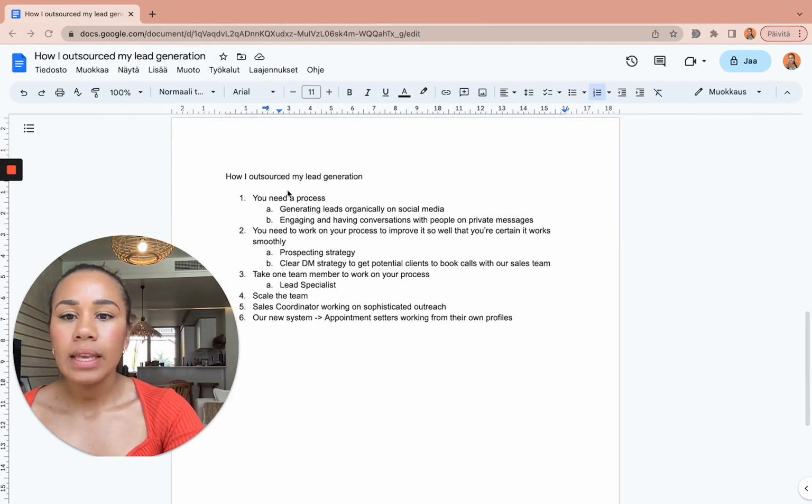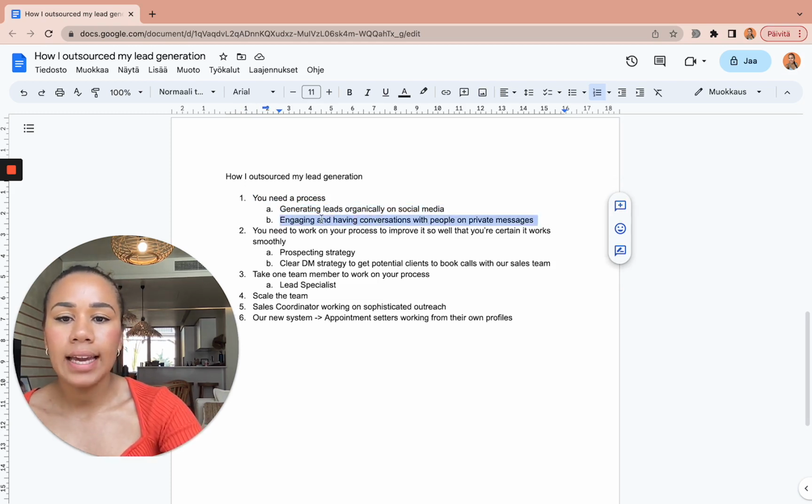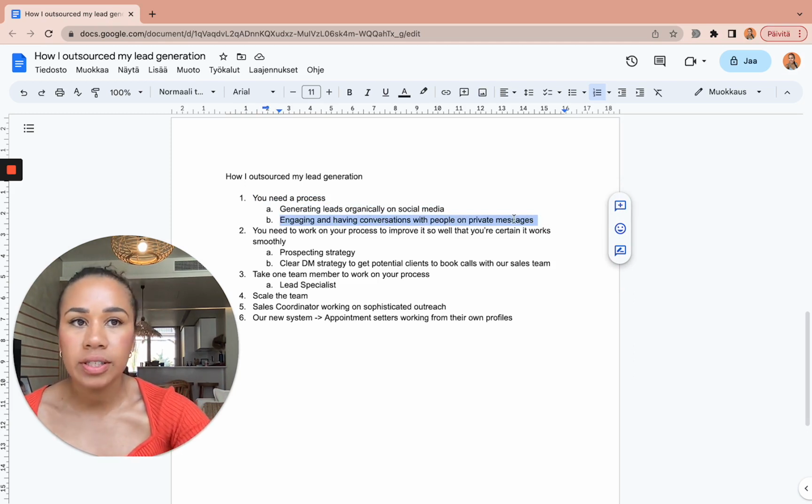So the first thing you will need is a process. The process for generating leads organically on social media, and a process for engaging and having conversations with people on private messages or direct messages, whatever platform you're using.